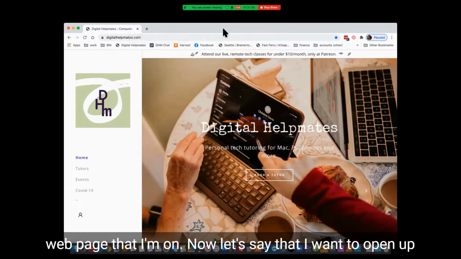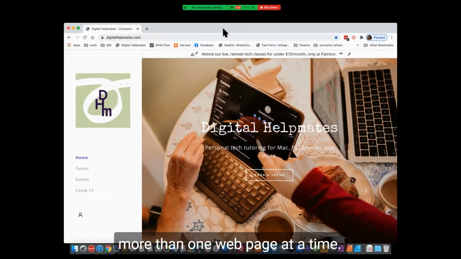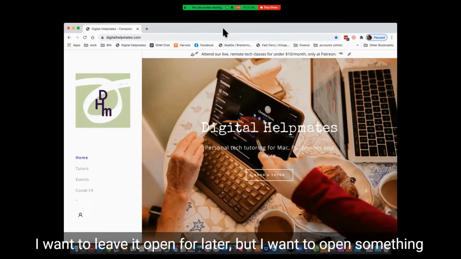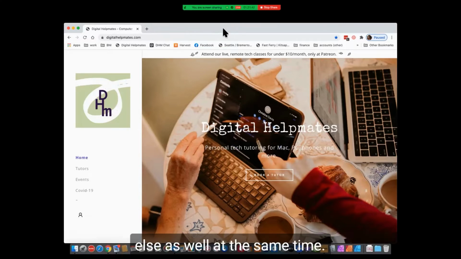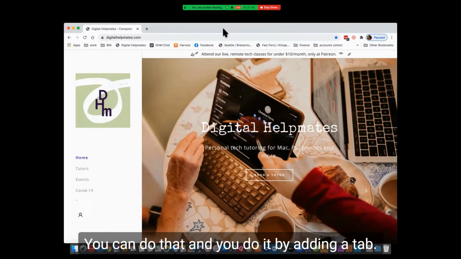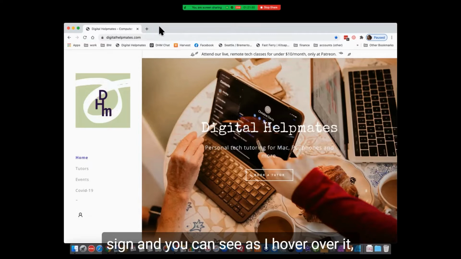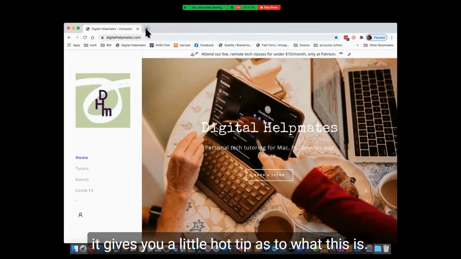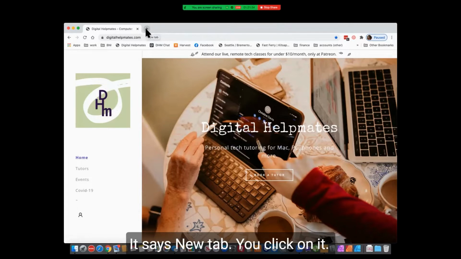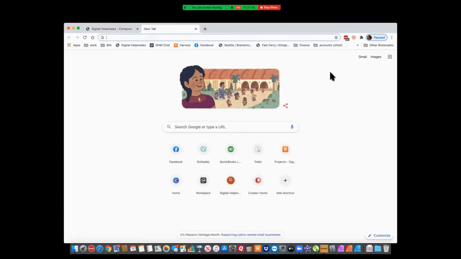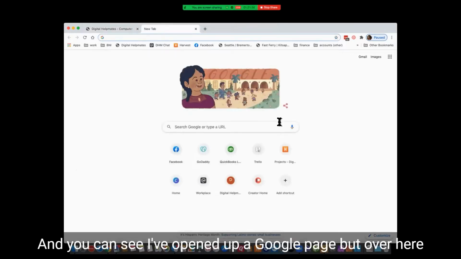Now let's say that I want to open up more than one web page at a time. I don't want to close Digital Helpmates. I want to leave it open for later, but I want to open something else as well at the same time. You can do that, and you do it by adding a tab. So in the Chrome browser, you just click on this little plus sign, and as I hover over it, it gives you a little hot tip as to what this is. It says new tab. You click on it, and you can see I've opened up a Google page,